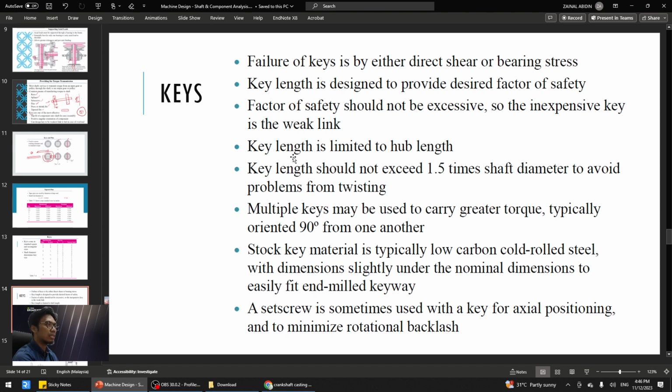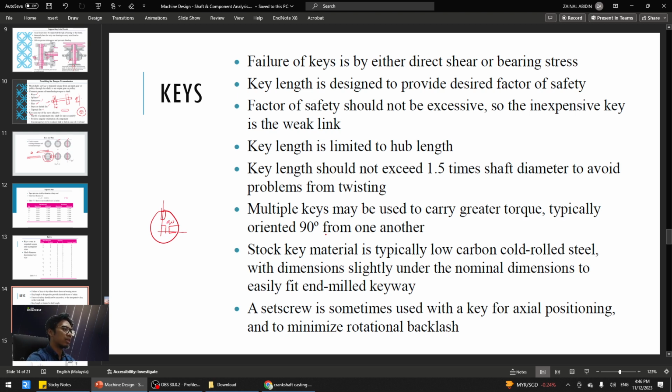Boleh juga menggunakan multi keys untuk carry greater torque. Selalunya dia akan oriented pada 90 degree from one to other. Itu maksud dia. For example, ini shaft awak, you nak gunakan lebih key, so you gunakan satu key di sini, satu lagi key di sini, oriented dia 90 degree. Okay,